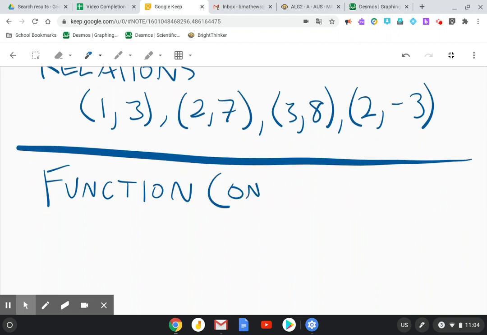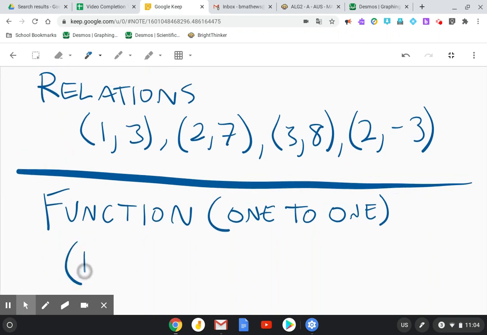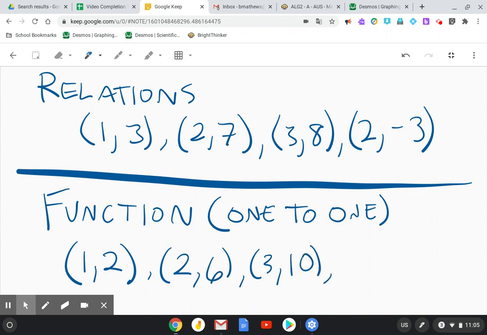Functions, we often say, are 1 to 1. Meaning that unlike this relation up here, each number in the first part of the expression always leads me to whatever's in the second. In other words, I would never see a repeating value in the first part of each of these ordered pairs. Here